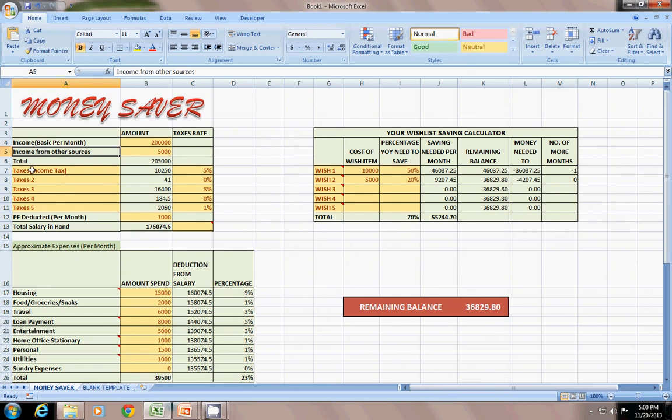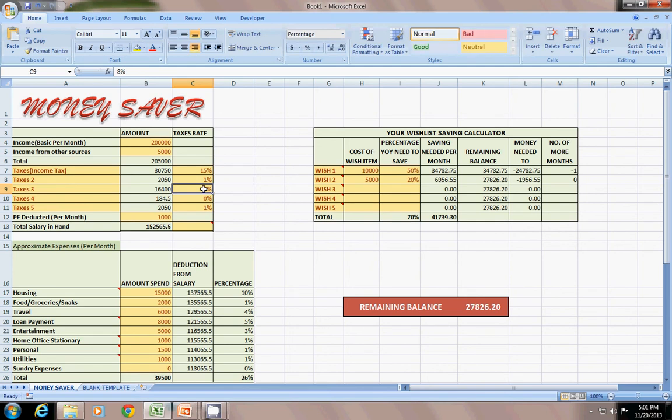Now I have to specify the taxes here, five taxes and the percentage for each. For example, for income tax I pay just 15%. Then for tax 2, you can specify whatever tax you need, and I pay 1%.